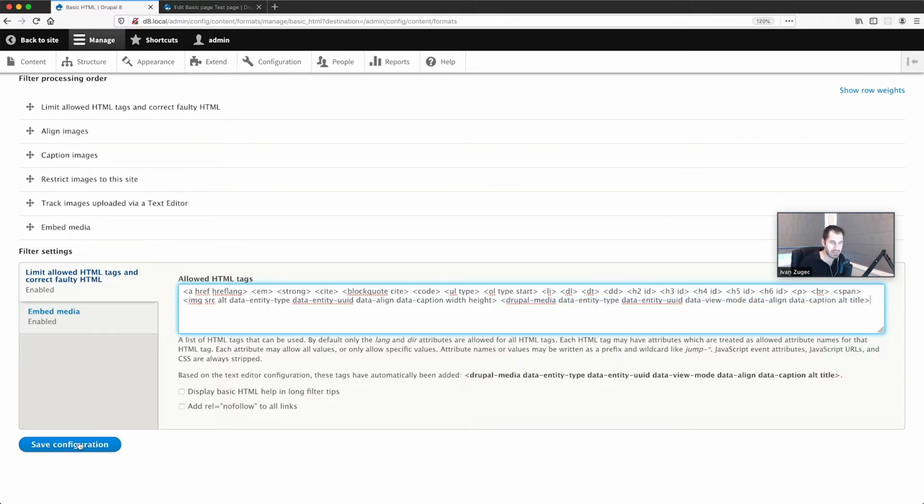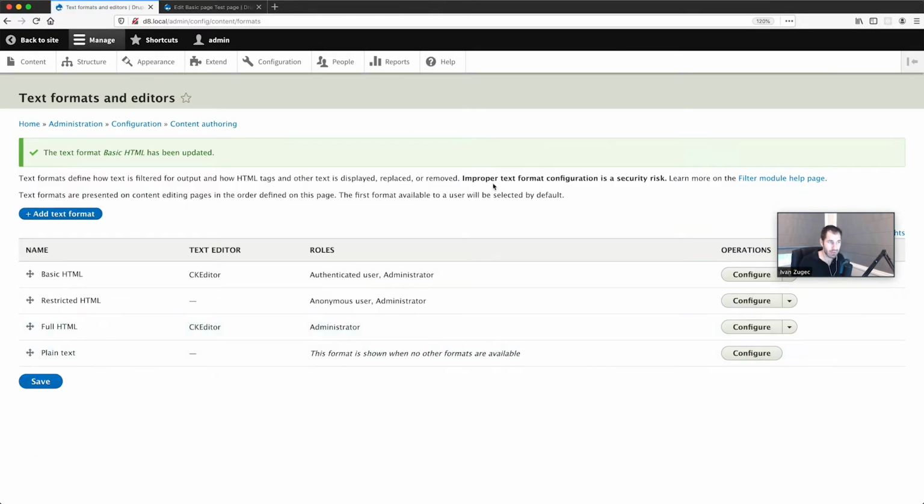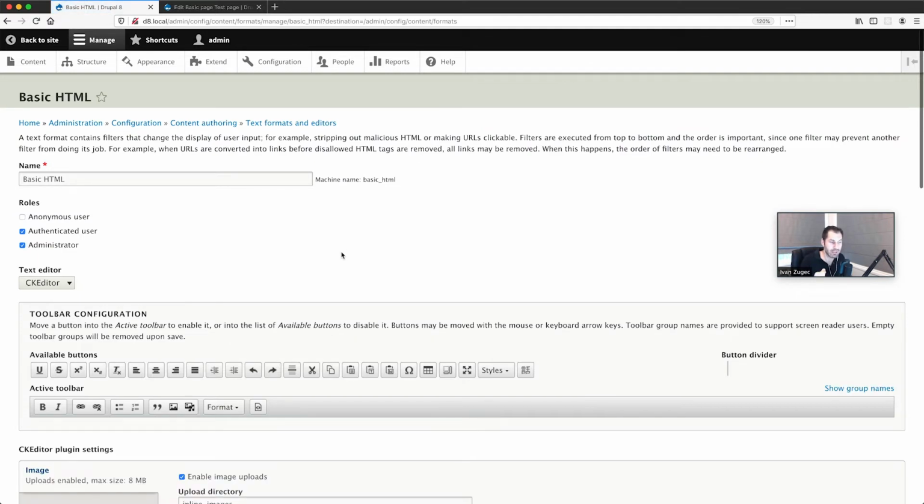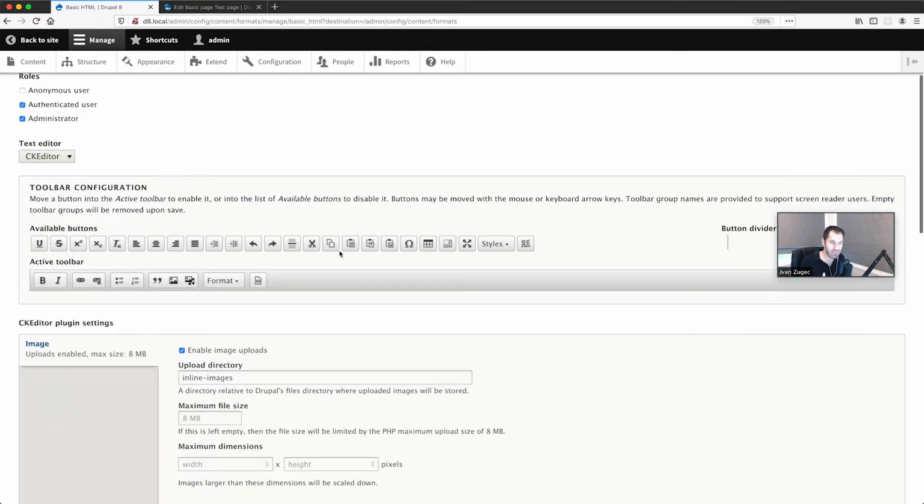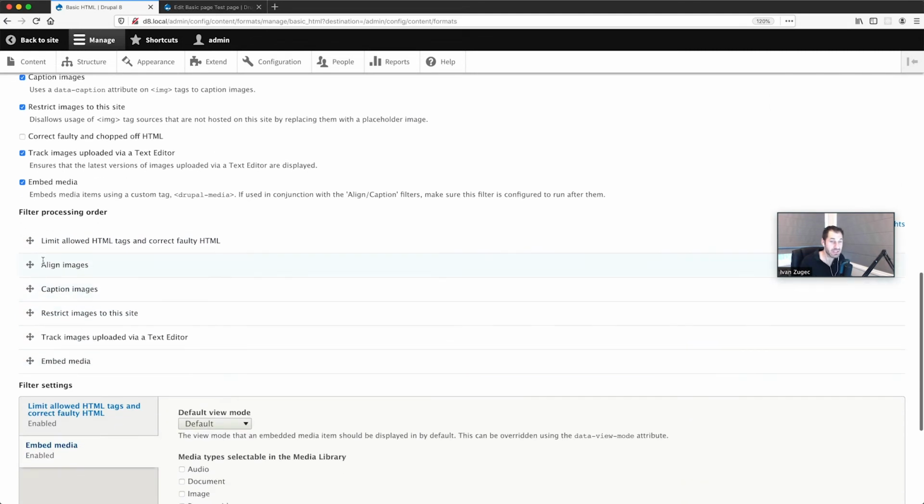Okay, and then click on Save Configuration. And at this point, that's it, okay? Now, if you are working on a pretty big website, okay, you may have to tweak the filters, especially the order of